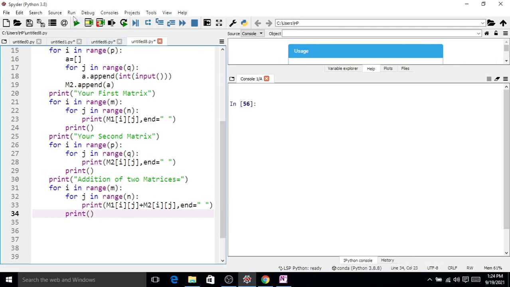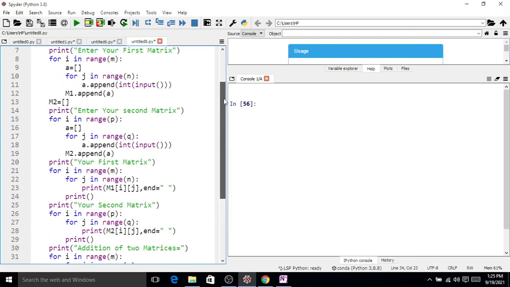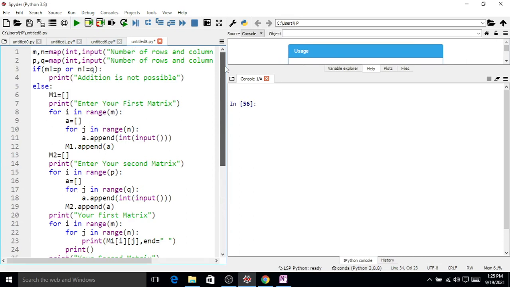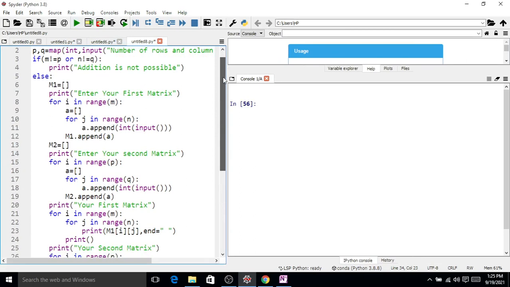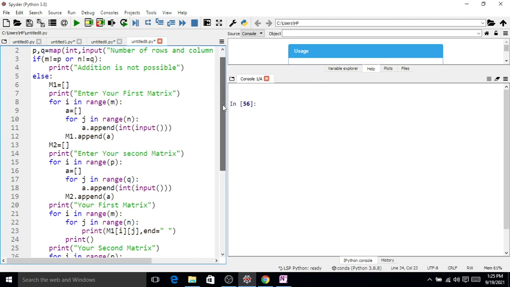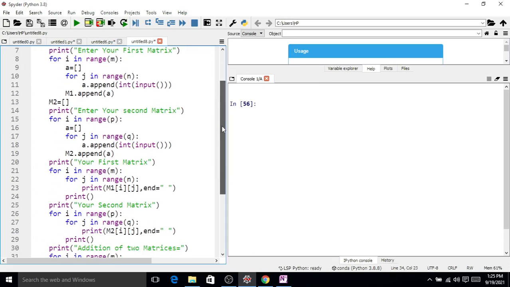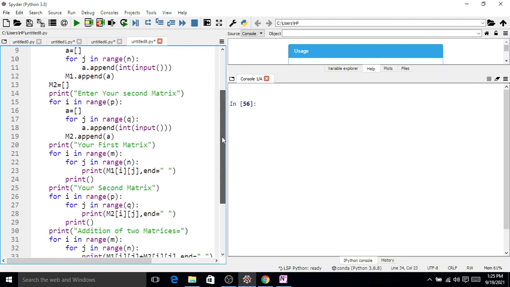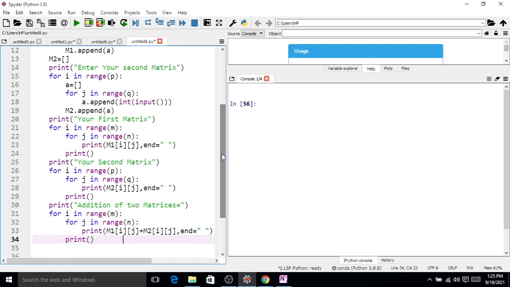so this is the code. You can see, input number of rows and number of columns of first matrix, second matrix. If m is not equal to p, what does it mean? If the number of rows of first matrix is not equal to the number of rows of second matrix, or if the number of columns of first matrix is not equal to the number of columns of second matrix, then display the message addition is not possible. Else we enter the first matrix, then we enter the second matrix, then we display the first matrix, then we display the second matrix,